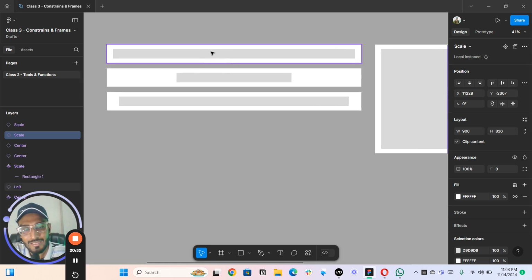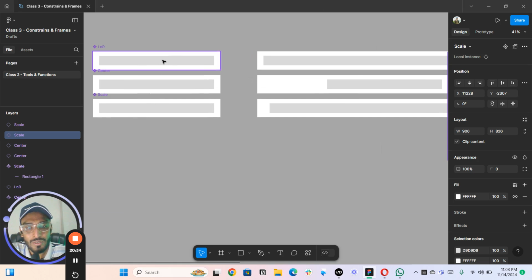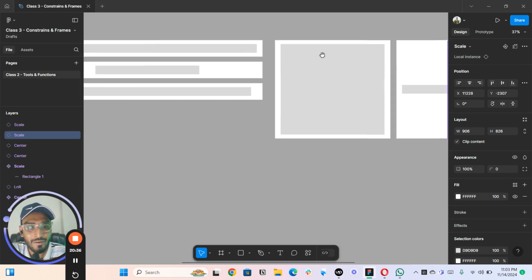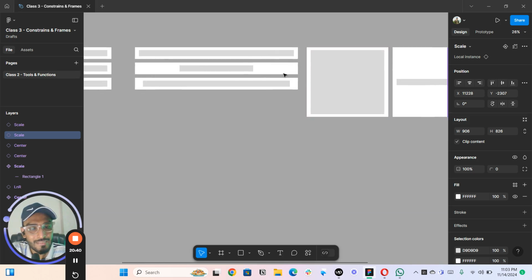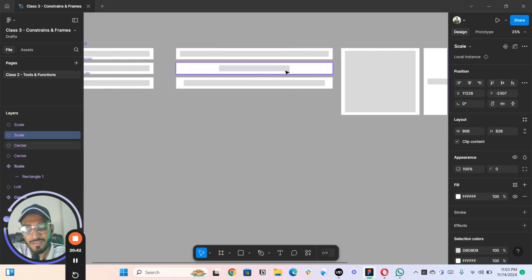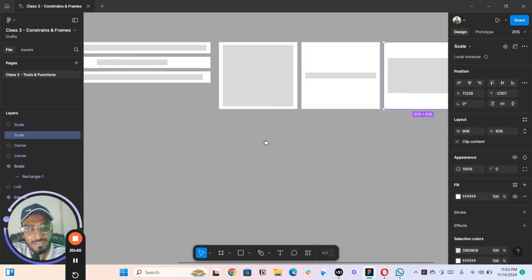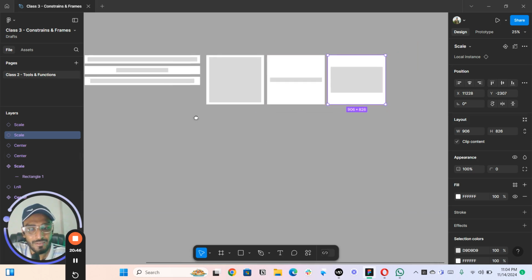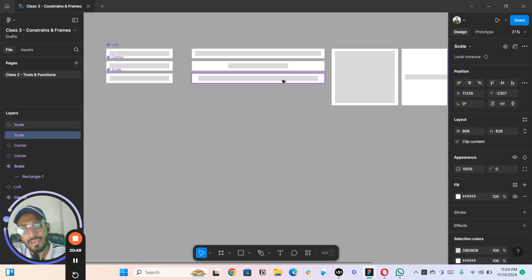Where the distance right here is equal to the distance right here, and the same if we talk about the vertical positions, top to bottom, the distance is quite the same. But in the case of center, it's really obvious that it is stretching toward the center, there's no need to worry. But the scale, how actually scale grows, you can read the proper definition right